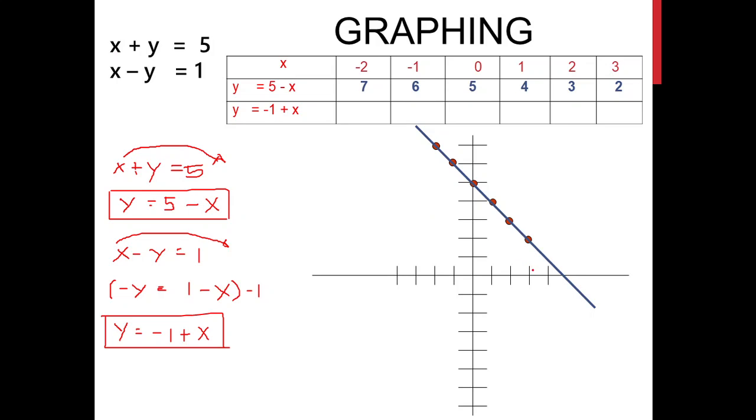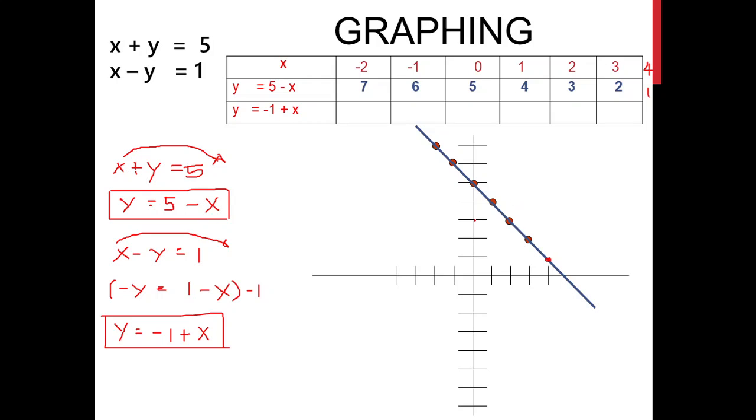So let's try to pick another point here. Say this one, x is equal to 4, and then here, y is equal to 1. So let's see, if x is equal to 4, y is equal to 1. So let's add another value of x here, which is 4. Then let's substitute 4 here. So 5 minus 4 is equal to 1. Okay, so any point along this line are the solution of our first equation.